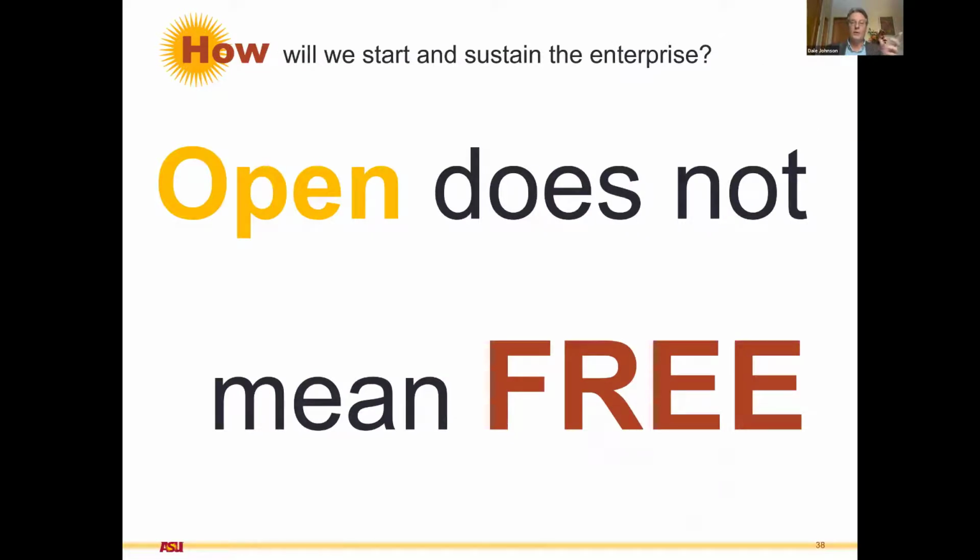I was working at a startup in 1999 during the dot-com boom, and one of my lead programmers was promoting Linux. I said, this is great, it'll save us lots of money. We'd love to use that as our operating system. And he reminded me that open is not free. You may use open source software, but you may still need support services. And you certainly need programming and other ancillary infrastructure. So we want to be able to reward people and have an economic model that balances the enterprise.